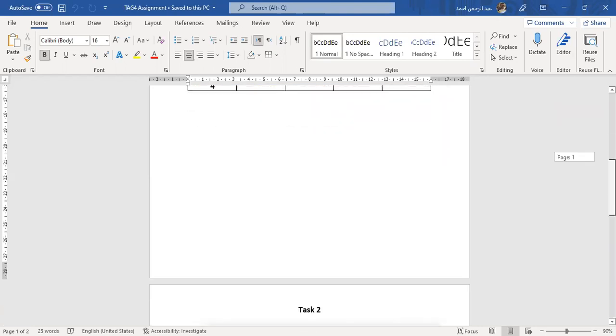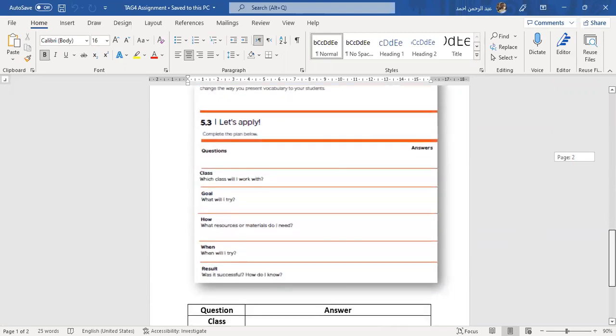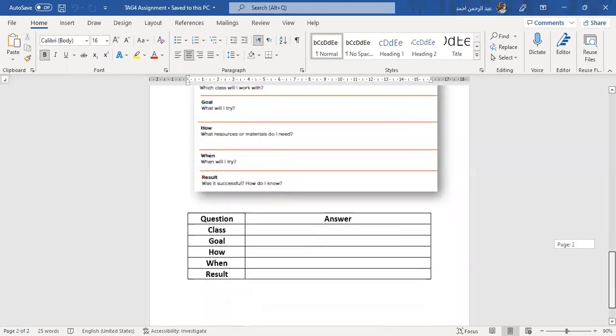The second activity is these questions related to class. Which class will I work with? To apply what you have already learned today, you will answer here about the class, question, goal, how, when, and the results. Let's see our